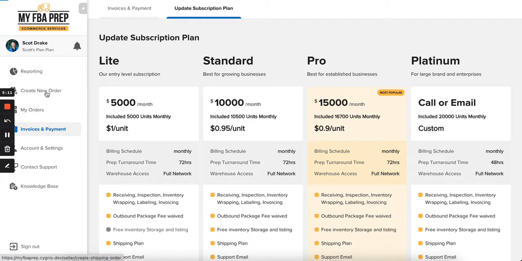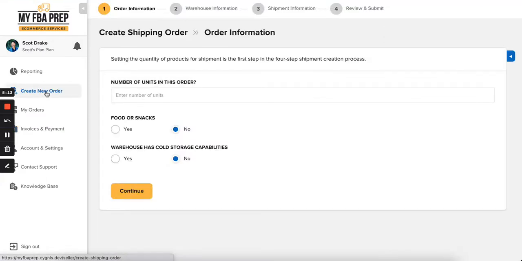I'm going to show the simplest way to do that. So I'm going to click on create a new order, and I'm going to tell the system the number of units that I have in this particular order. I'm going to tell it whether I have food or snacks, and these are capabilities that can be enabled or disabled on our side. So because this is a demo account, it's asking for these particular capabilities, food or snacks